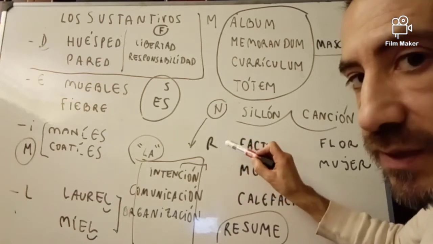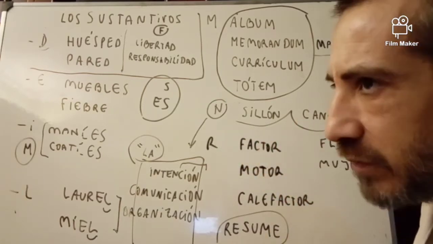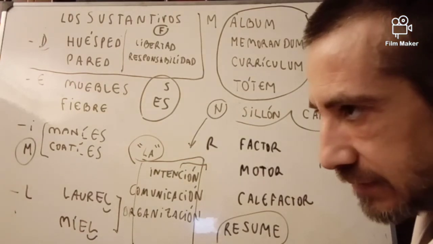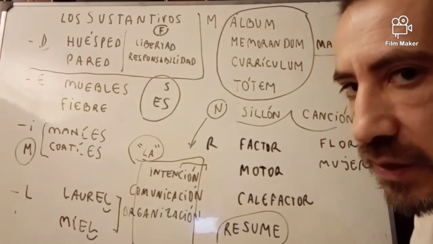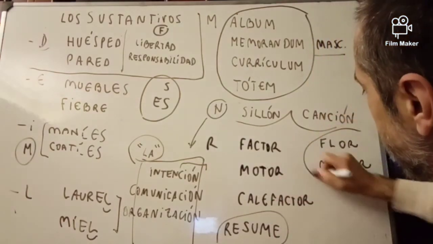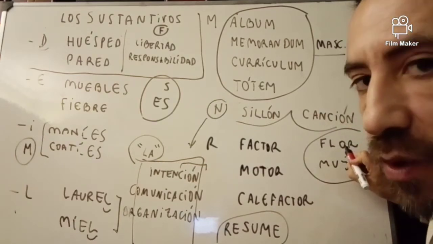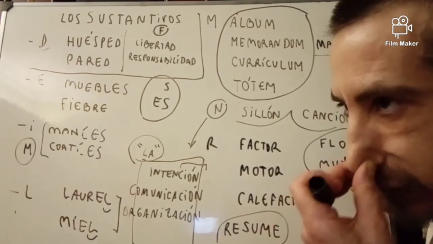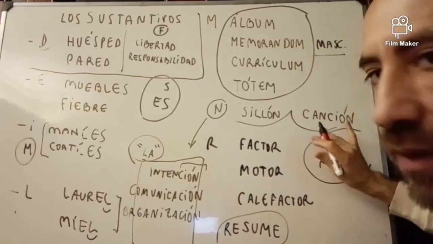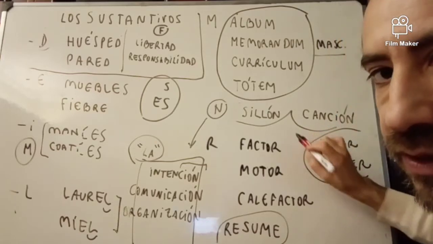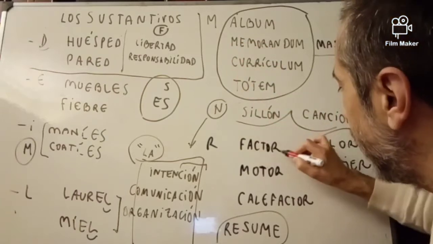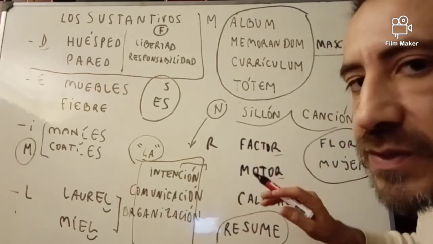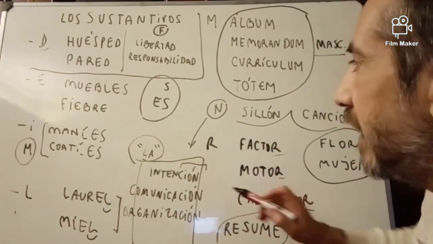Ending with an r sound, there are many in Spanish, but almost all of them are masculine, except these two words. Flor, flower, is feminine, la flor. Mujer is feminine because it refers to a woman, la mujer. Apart from that, all the other nouns, sustantivos, that end with r are masculine. So it's easy to remember.